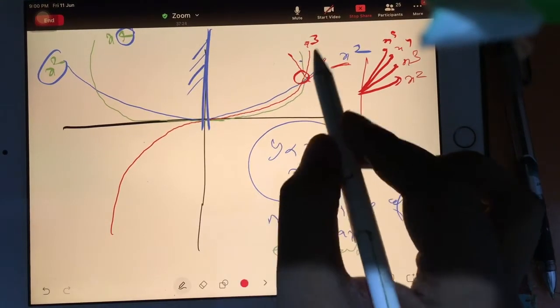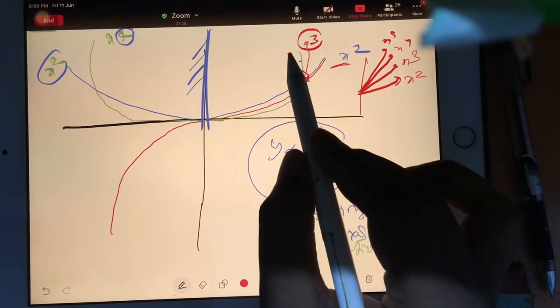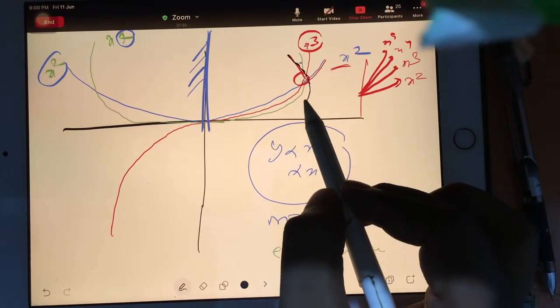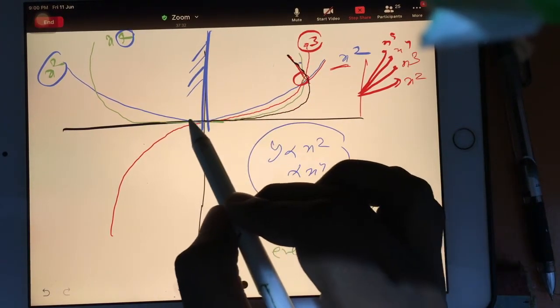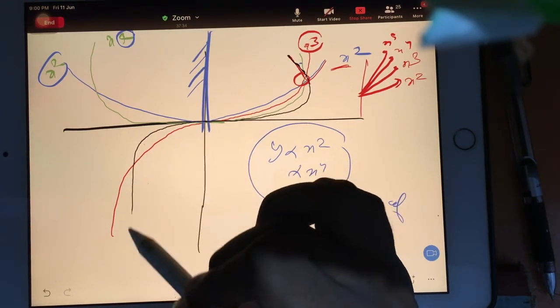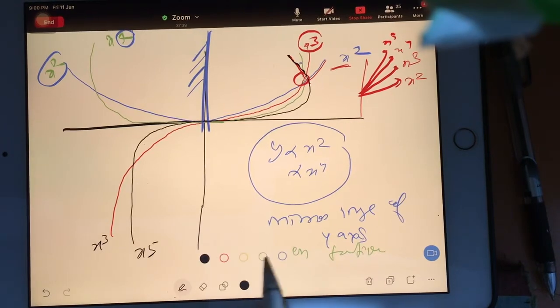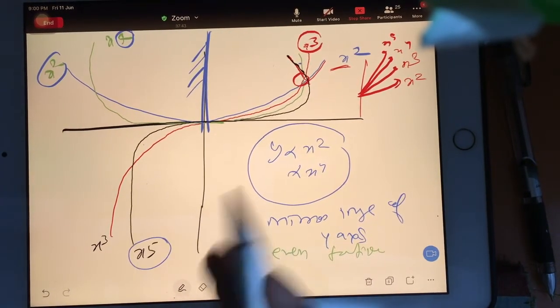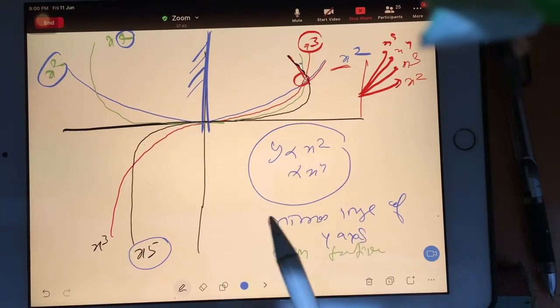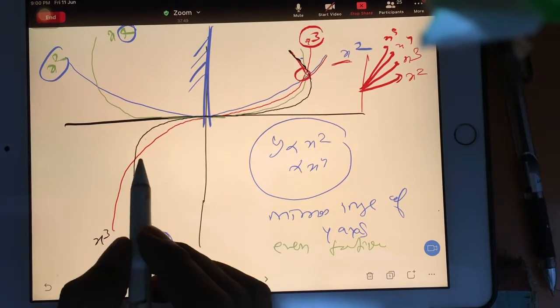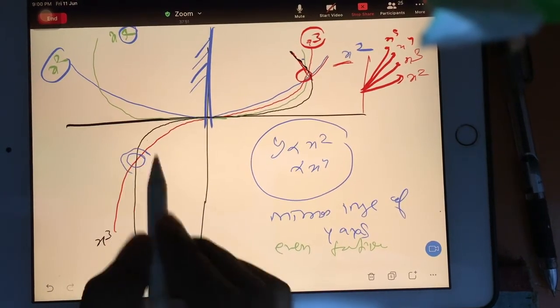And then x cube line is there, x power 5 line I am drawing. Let me use black color. So this is my x power 5 line, and this is my x cube line. So you can see here, right? Because x power 5 is more power, no? So the change will be rapid, more faster. That's why more slopey.